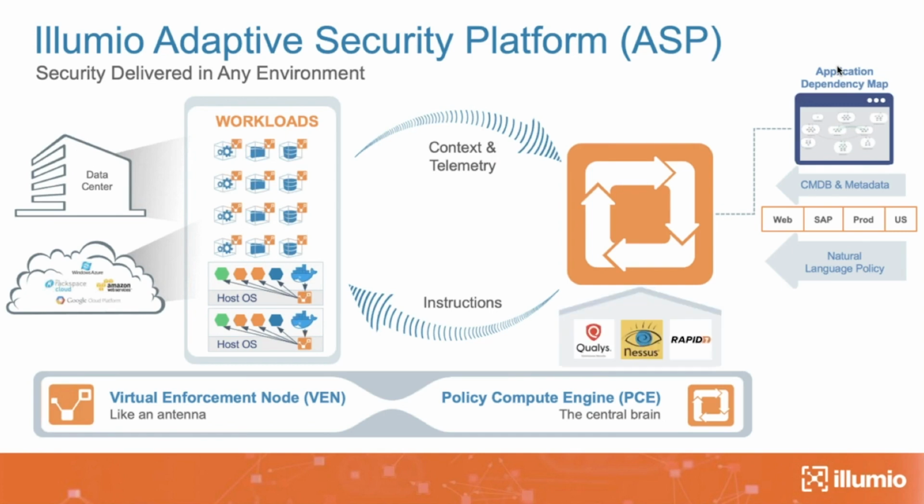And these instructions are sent down to the agent, the virtual enforcement node, which then takes these instructions and programs them into the host's stateful firewall. So it does not do the enforcement itself. The OS has always had all the enforcement capabilities you needed. Customers just didn't have a good way of activating them and orchestrating them at scale, which Illumio has solved. Essentially, those instructions will be programmed, in the case of a Windows server, into the Windows Filtering Platform, in the case of Linux into iptables, and similar mechanisms exist in Solaris and AIX.